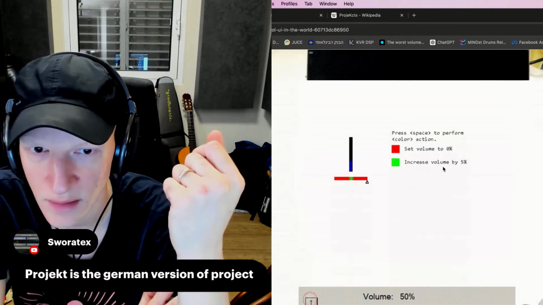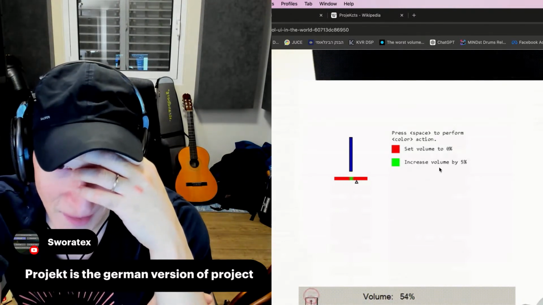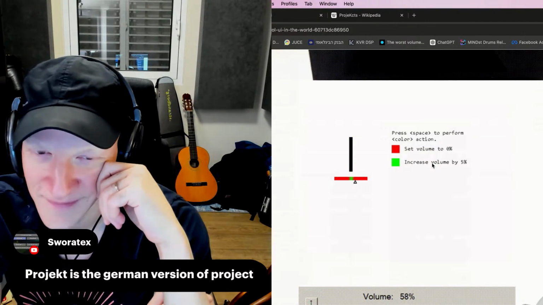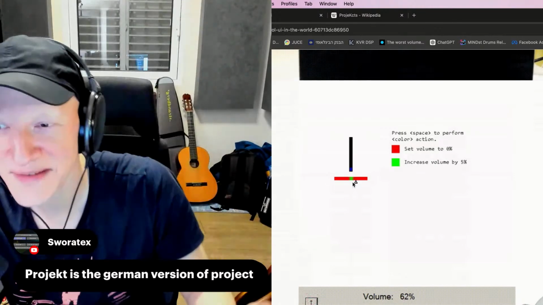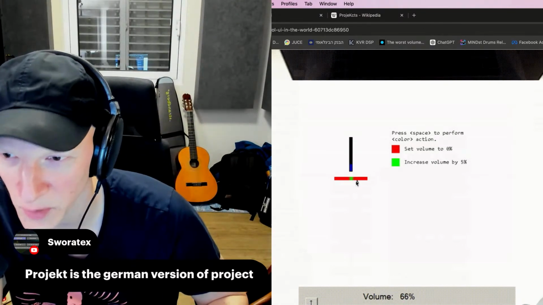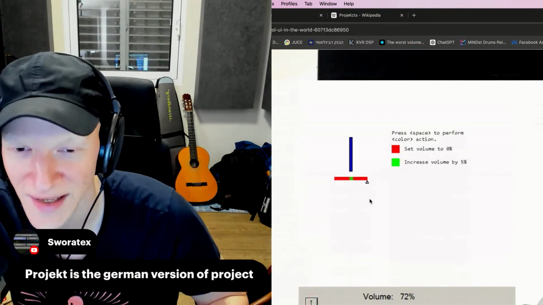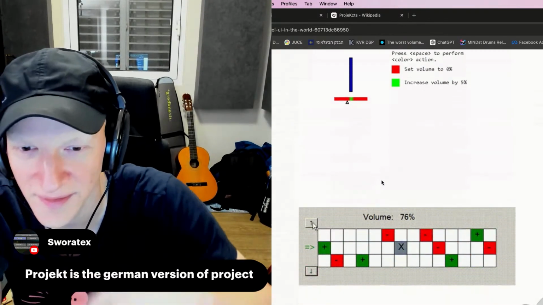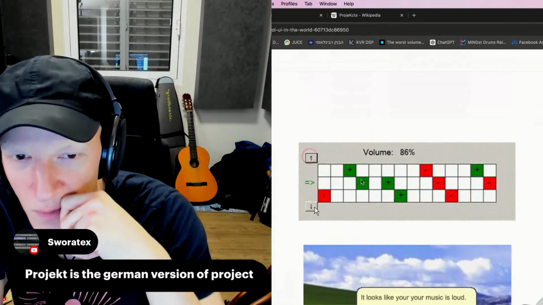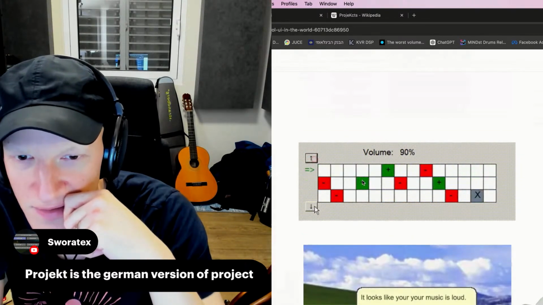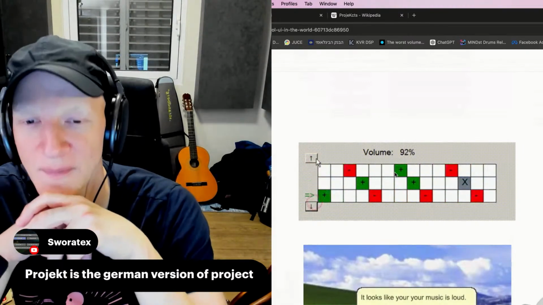So you have to catch the center to increase it, right? This looks like a free throw in 2K. I was just about to say, this is the reason I don't do the workout drills in 2K. I just hate pinpointing, like clicking on the... Anyway, what is this, like a Minesweeper version? Yes, you should avoid the red ones. I get it. But you have to catch the one you want, right?